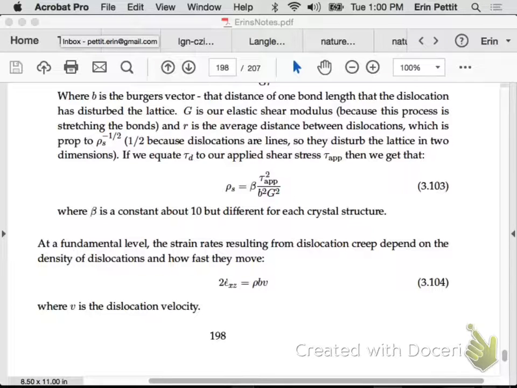Can it recover those? And so the dislocation density is a balance between these two processes, but the dislocation density